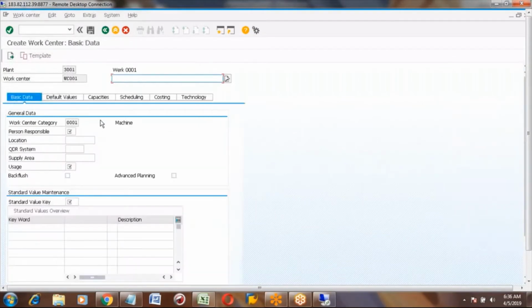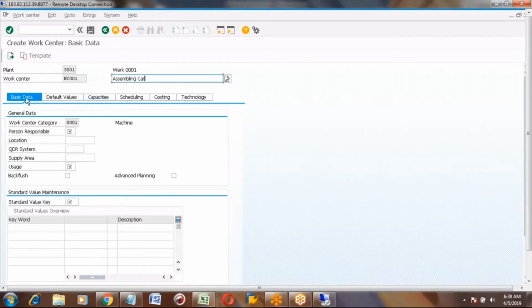So once you press enter, it will open create work center basic data. The description, the name of the work center, I can say assembling machine. They're assembling the car. Okay, assembling car. This is my work center.